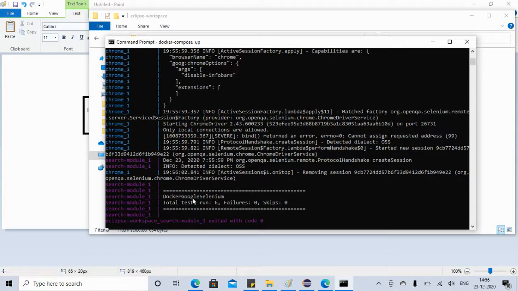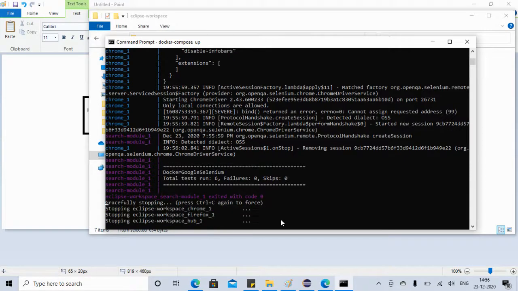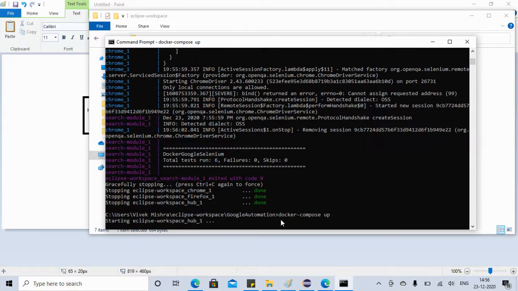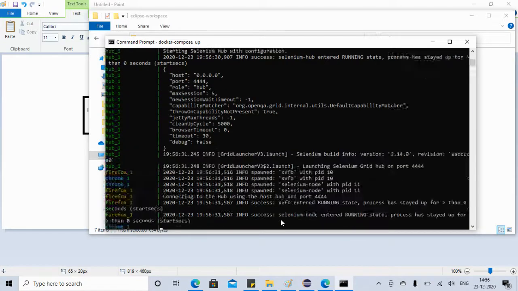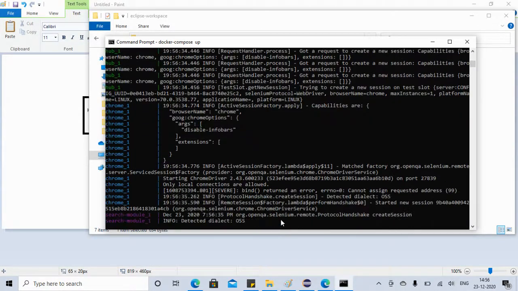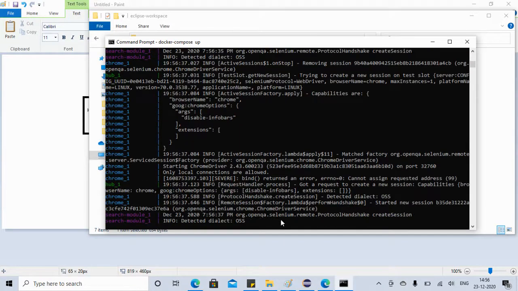Okay, friends, now if you see, total tests run 6 and failures 0. It was actually taking some time, so let me run it again for you. Docker compose up, with the new image. This time it will create the Chrome browser, Firefox browser, the hub, and also the Selenium Docker project, and execute it.